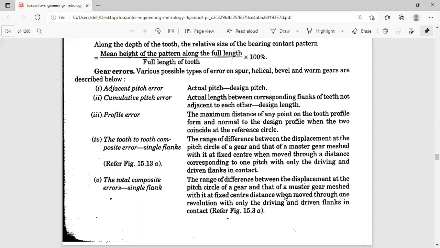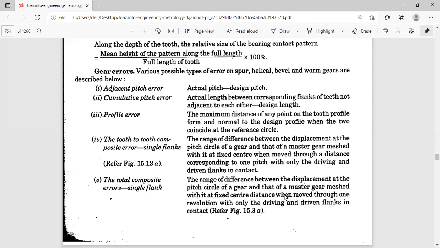So there's a lot of difference between them, don't confuse yourself. If we ask in a viva voce, what is the difference between tooth-to-tooth composite error and total composite error? You can simply say the setting difference. As far as the tooth-to-tooth composite error, you move through a distance corresponding to one pitch, but when referring to the total composite error, you set the gear with the center distance calculations, and you have to move through one revolution.